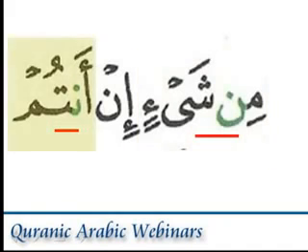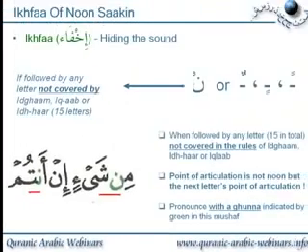And the second word, antum, is the same because the letter ta is one of the other 15. So this would be antum, antum. What you don't want to do is go an-tum. The noon shouldn't be clear, and that's caused by keeping your tongue in the position of the next letter. Or if you find that very difficult, try to just make sure your tongue is away from the roof of your mouth, so it doesn't actually touch the roof of your mouth. And this needs practice with a teacher, face to face if possible.